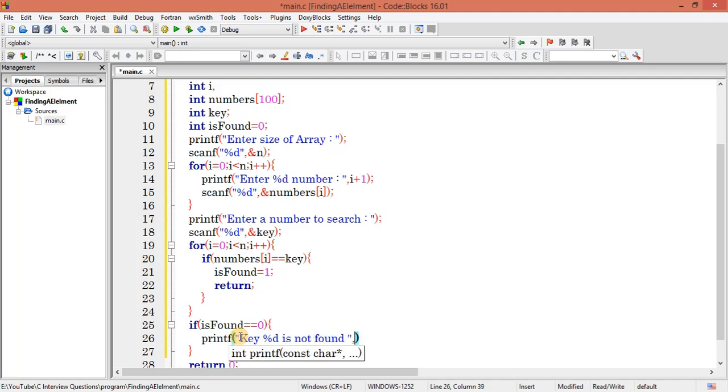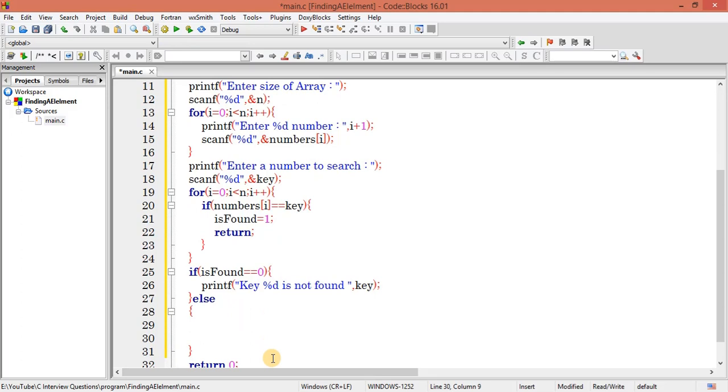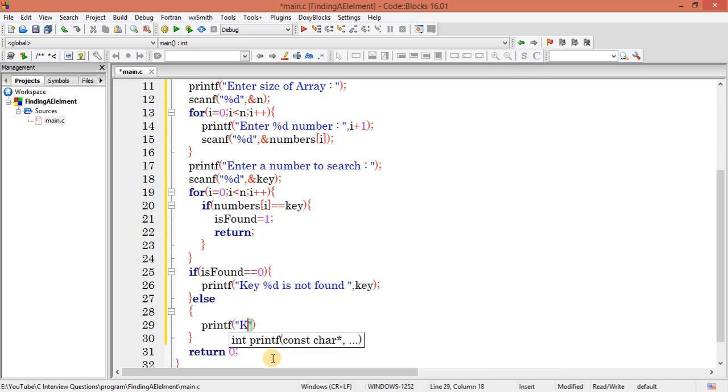Now pass the value of key. Otherwise, when the value of is found is 1, that means we got the element. So we can write here printf, key 5 is found. We can pass a key.